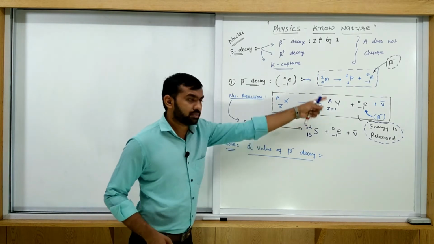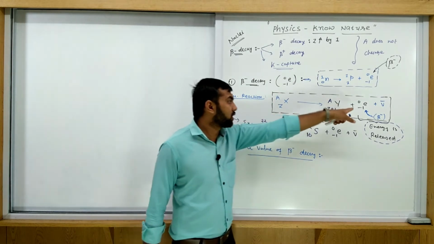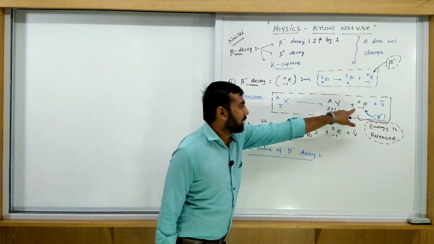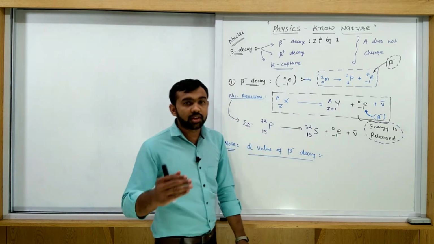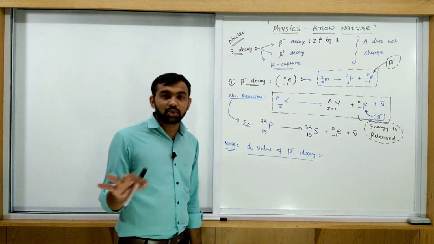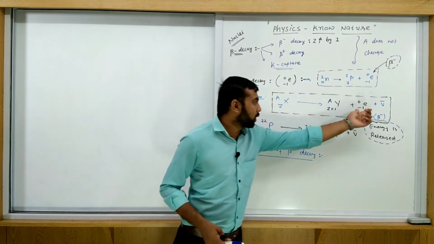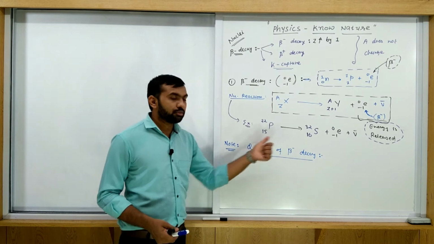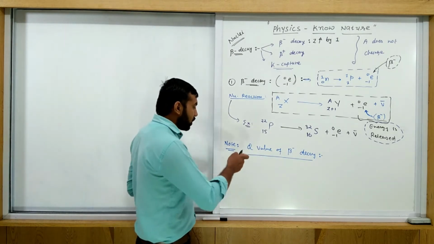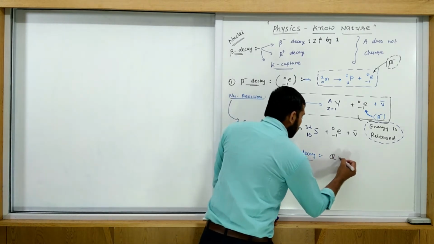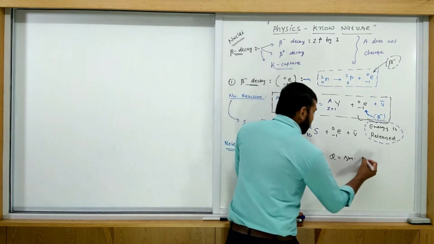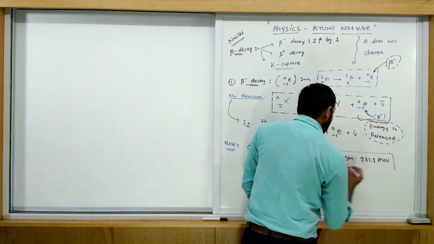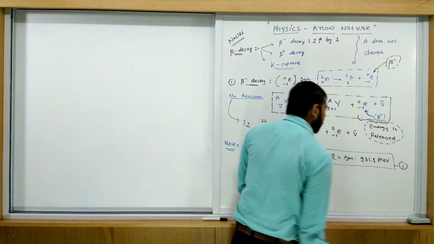We have this relation. Here the electron is also counted. So in the calculation of this Q value, we also count the mass of the electron, because the electron is present. Up to now, in the problems we were solving, the electron was not considered, but here the electron is produced. So the mass of the electron is also considered in beta decay. Let's write this value. Q is equal to delta M into 931.5 MeV. This is the Q value, equation number 1.